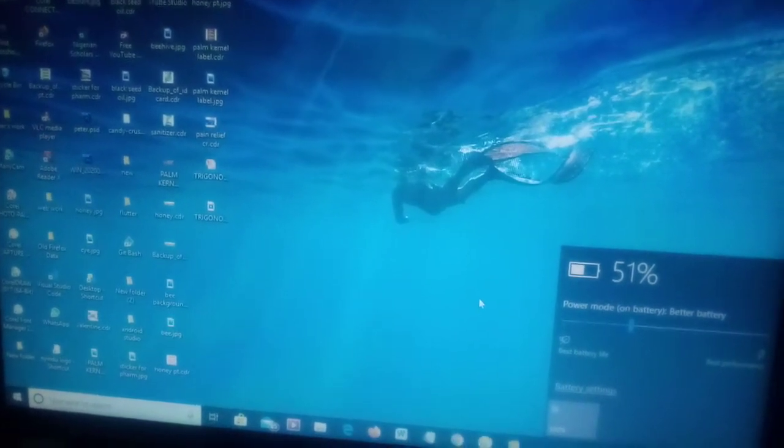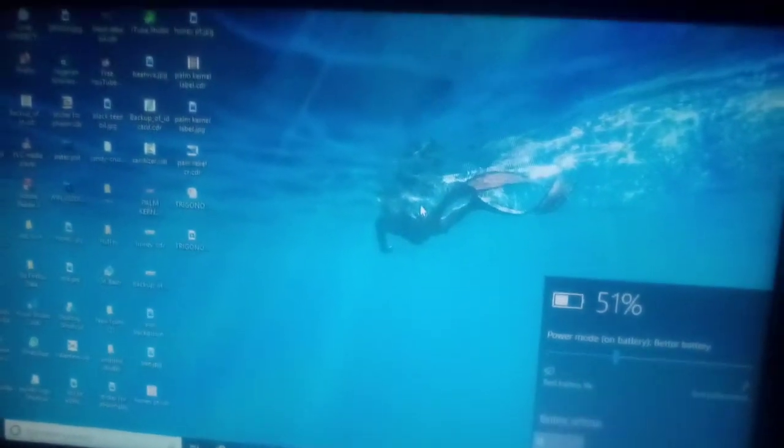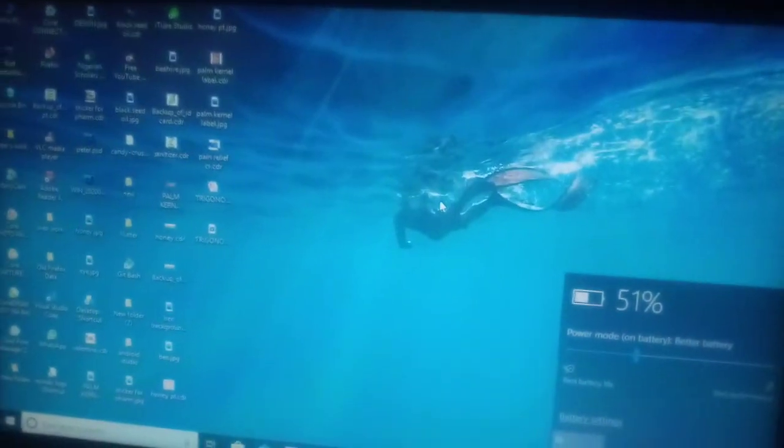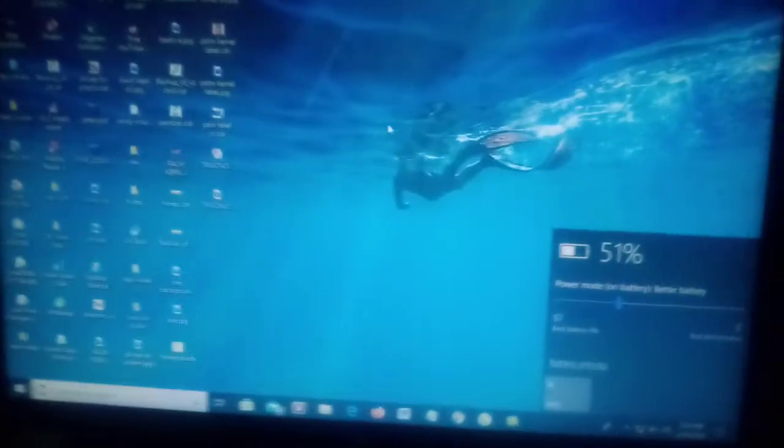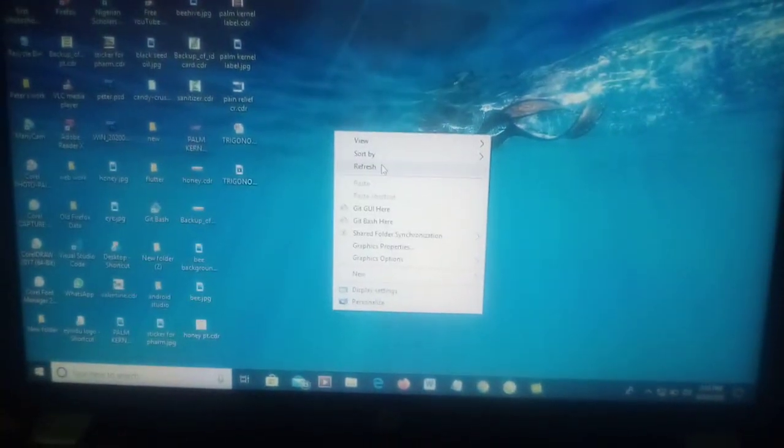Okay, hey guys, today I'm going to be showing you how to enable virtualization on your PC. Now, virtualization is a way of opening up an Android emulator in your computer. So, most PCs are able to do that, but somehow it might be locked. It might not be enabled on your PC. So, in order to do that,